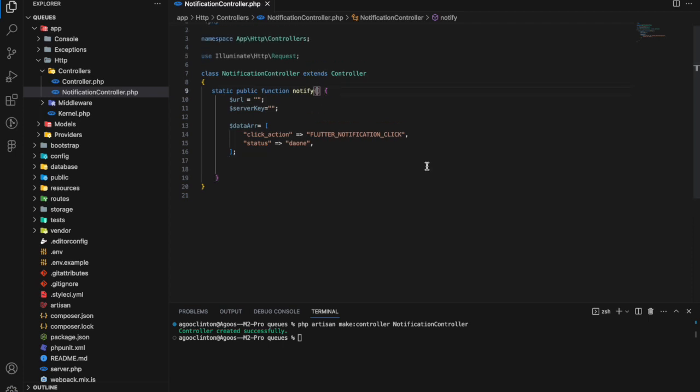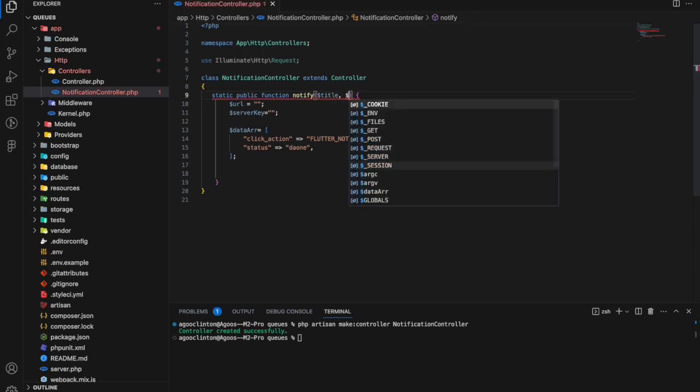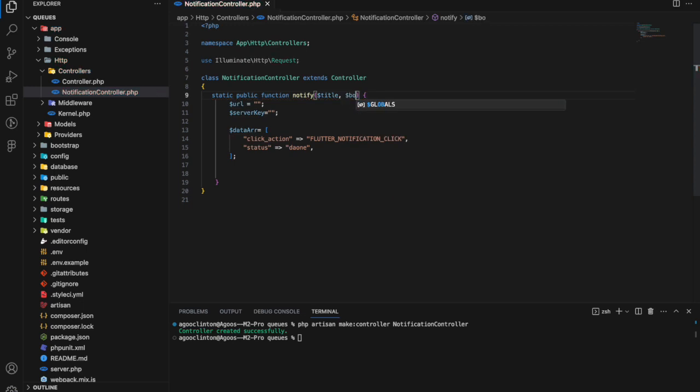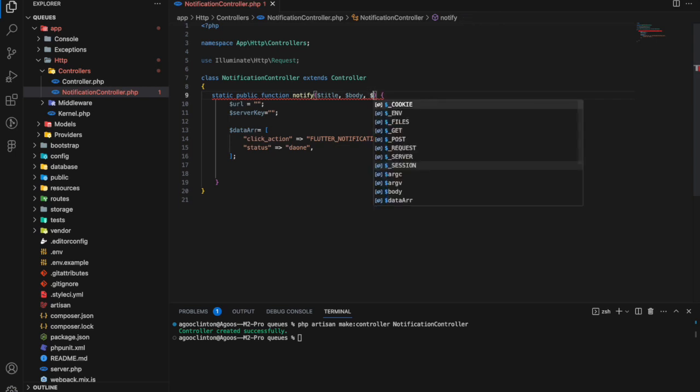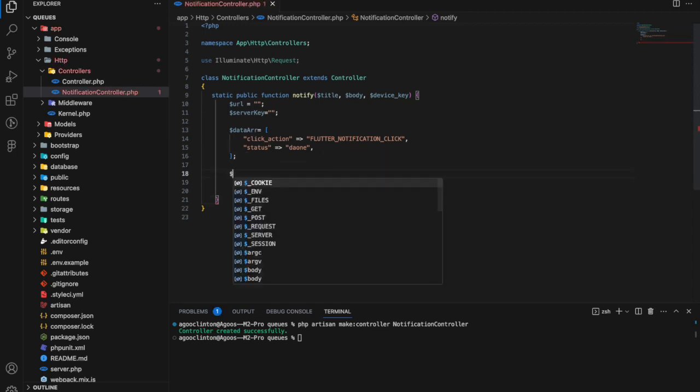this method is going to accept these parameters. One is the title of the notification, the other is the body of the notification, and the device key, device underscore key. Right? So in the data array, we're going to have